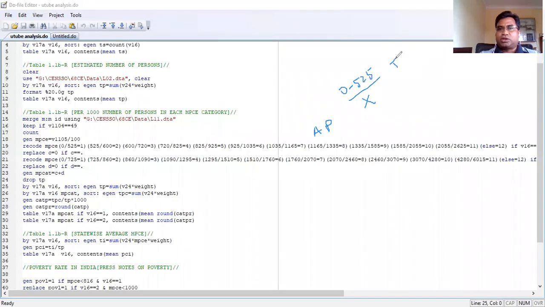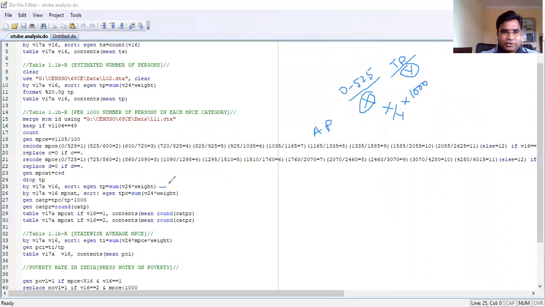Then I need to know the total population as well. Let's say y is my total population of rural area, right? So I need to just divide x by y. If I want to convert it into 1000, then I'll just multiply this with 1000, then only I can get this value. Now your job is to figure out what is this x value and what is this y value. Y value is my total population, and I need to count how many people are here. So exactly that's what we have done here.